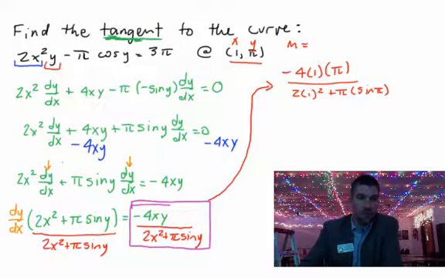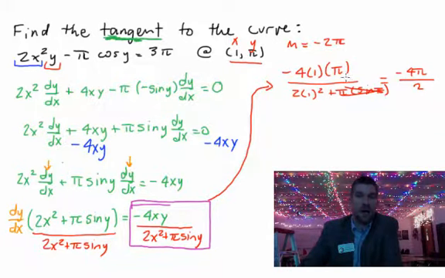And when we do that, the sine of pi is 0, so this whole part over here drops off. On the top, I know that -4 times 1 times pi is -4 pi. And on the bottom, I've got 2 times 1 squared, or 2. So my slope is going to be